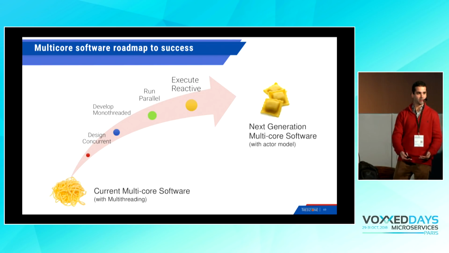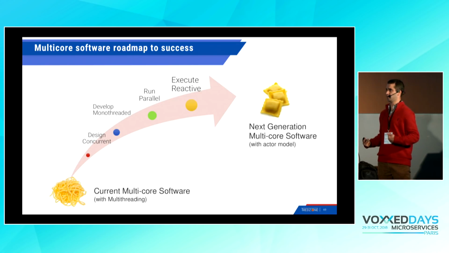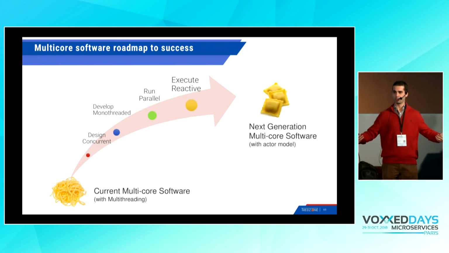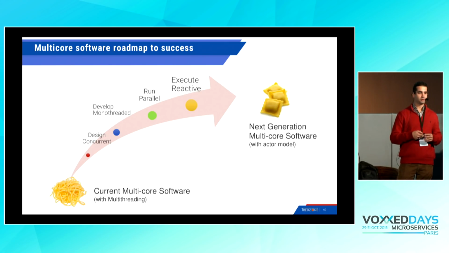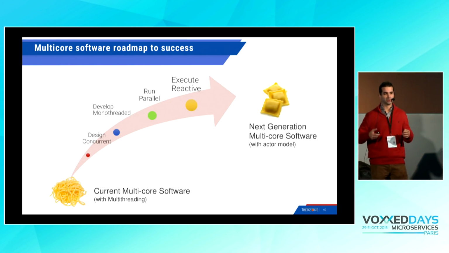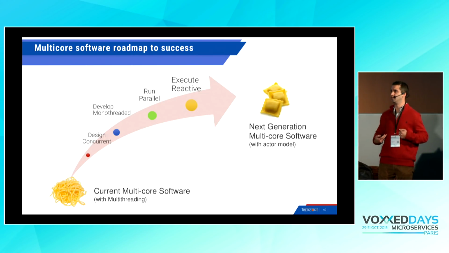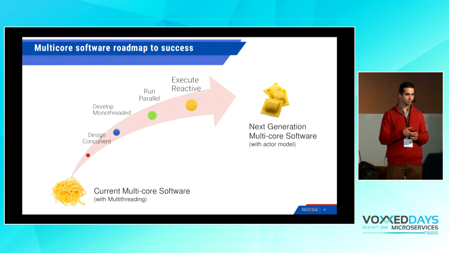And then we want to run it in parallel. If we design concurrently and it runs on a single core, it's not parallel execution. We want to run it on parallel cores. And we want to execute reactively. By reactive, our application should be responsive. It should be resilient. It should be deterministic also in performance. So to execute reactively, we want to be sure that the underlying technology allows us to execute a complex software reactively. And we think that with Simplex, we bridge the gap between complex software design and efficient execution on multi-core architecture.